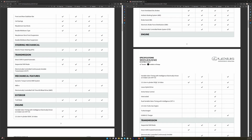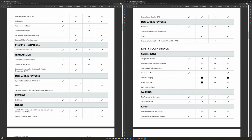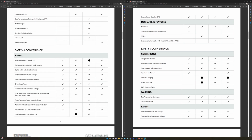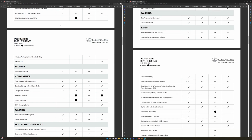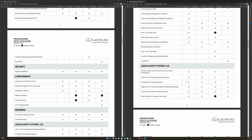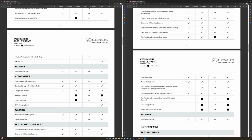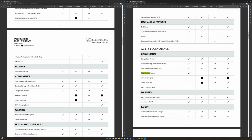They've actually done the same thing where they move things around, so it's very hard to compare. And I'm not going to spend too much time here. The only thing that I'm seeing that is different, which in some ways I question, is there's three things that I've noticed that's different. One is, let me try and find it. Okay, so one of the differences I see is this rear camera washer is now listed as a feature in the 2023,